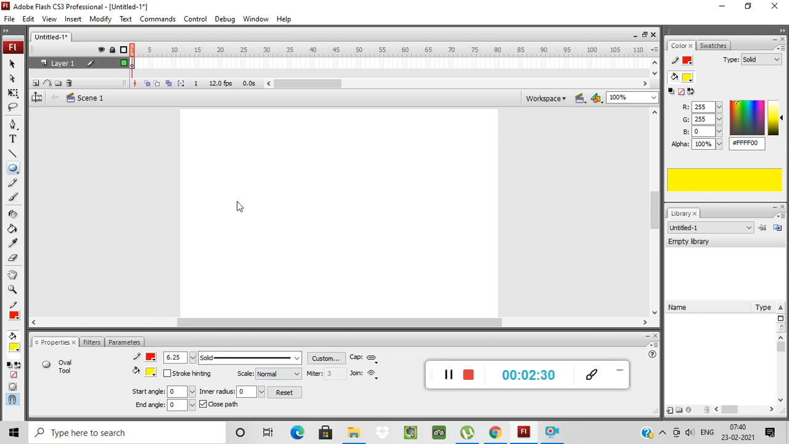Now I'm drawing one oval. Okay, just make sure that you select the snap to object, means you don't want to merge it. Okay, you want to separate both. Okay, so I'm selecting this. I want to separate the stroke and the fill color. Okay, so I am drawing here